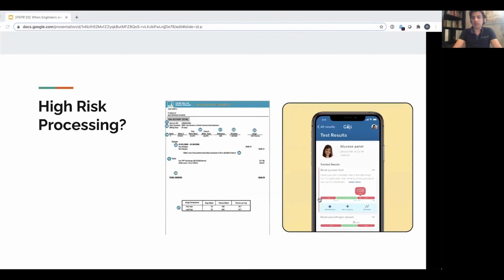And what is high risk processing? Say you have two applications. One is used to share reports with your users about their utility bills, the other about their clinical tests. And say you have a filter that is used to select the recipients of these reports based on the zip code. And you enter the zip code incorrectly, so the reports go to unintended recipients. In one case, the billing info gets leaked, and in the other, the test results.